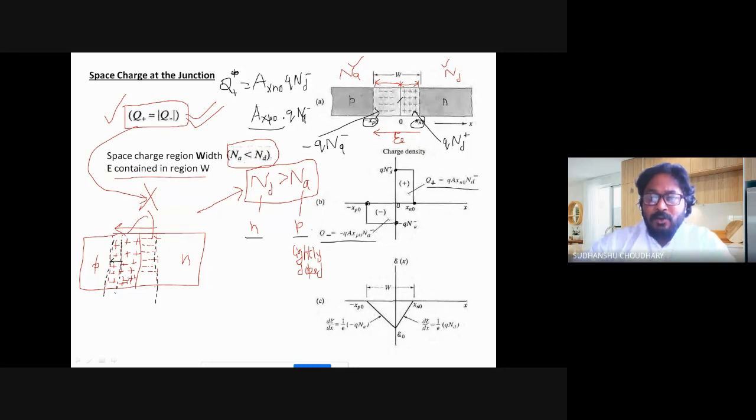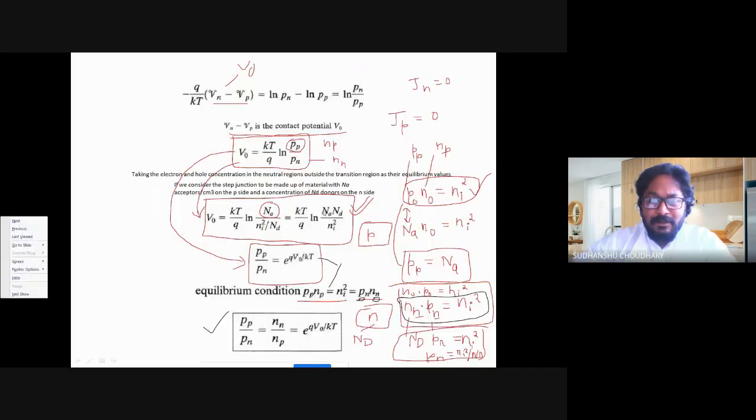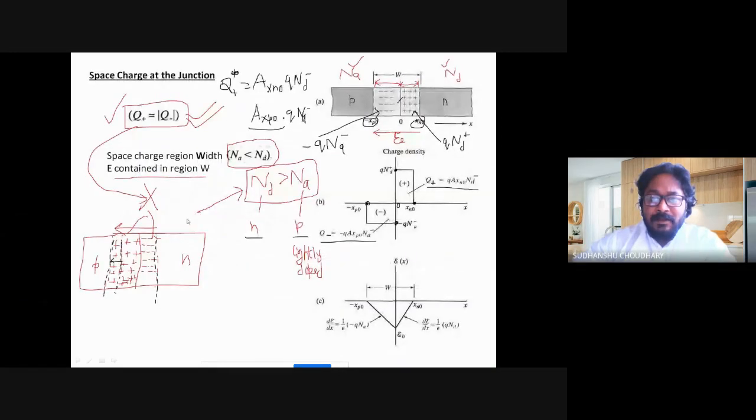So we have now found the total charges in the depletion region on the N side and the P side also. This we will require while calculating the current, so that is why we have calculated it here. Now our next job is to find out the electric field E in this region. Built-in potential we have found. So we found a relationship of built-in potential with the doping concentrations yesterday. Now the next job is to find out the same relation for the electric field in this region.